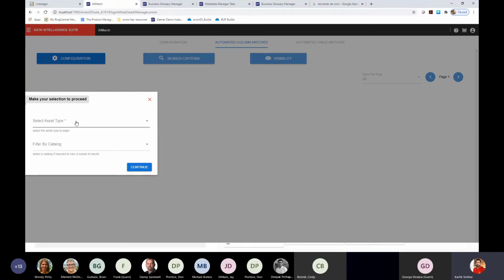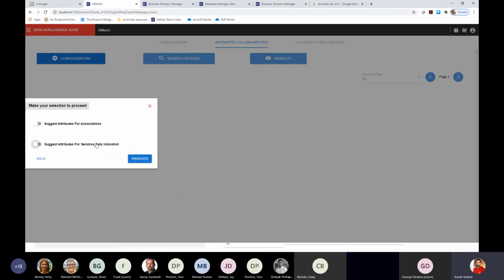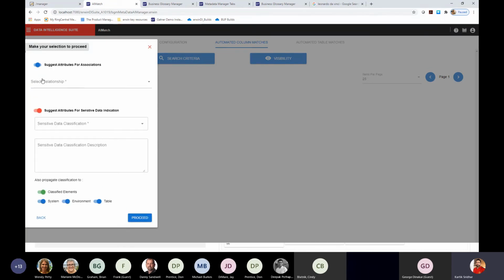you want to do. So you can begin with selecting, let's say you've come here to do associations. So you can select your starting point, whether it is business terms or critical data elements from another asset altogether. So let's say I select classified elements over here. So I can then continue, and I want the tool to automatically detect sensitive data for me. And at the same time, I want it to automatically suggest associations also and associate the columns as well. So I can do all that selection over here and say that, okay, fine, the elements that I'm looking for, I want to flag them as PII. So I can provide that info upfront if I want.